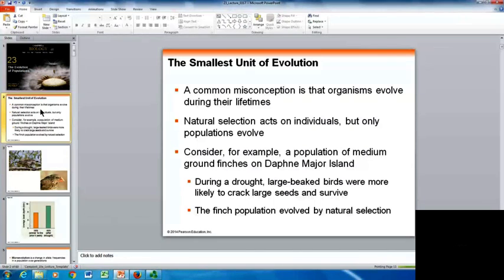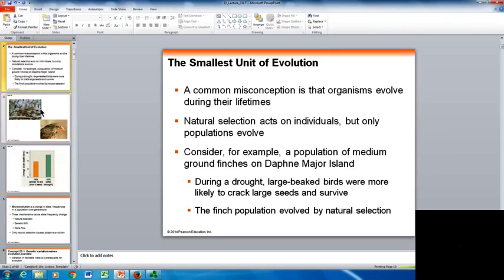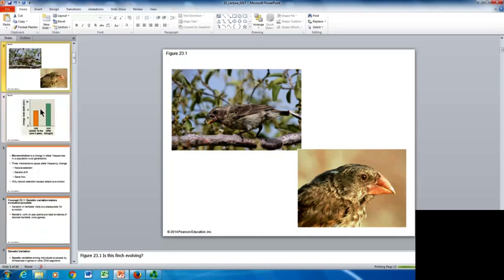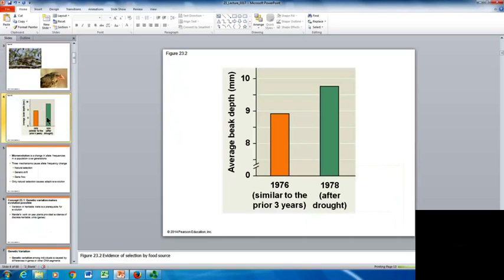For example, a population of medium ground finches on Daphne Major Island. During a drought, large-beaked birds were more likely to crack large seeds and survive. The finch population evolved by natural selection. So what you ended up with is looking at the birds before and after the drought. 3 years earlier, the size of the beak versus after the drought, the size of the beak was larger and